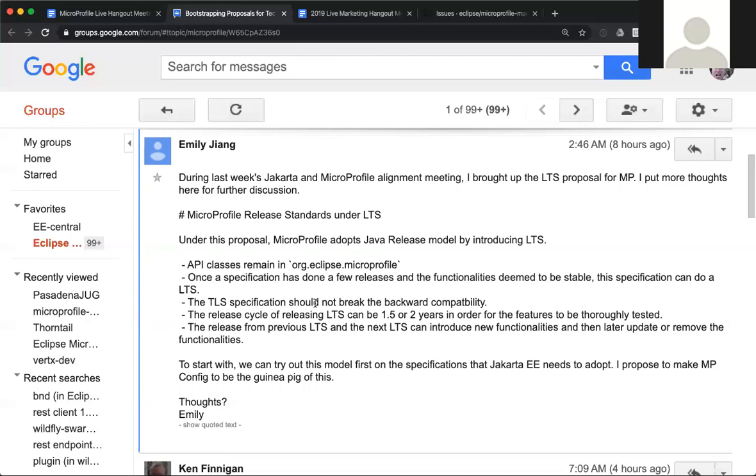And then in 18 months time, I do a Config 5.0. In this time frame, Config 5.0 should have all the APIs inherited from Config 3.0, and then have some additional APIs, etc. So basically the releases between the long-term releases are all backward compatible. But in the interim, it's not.